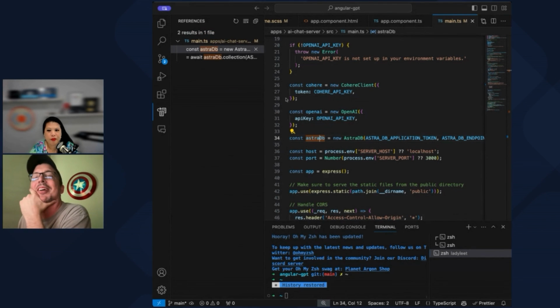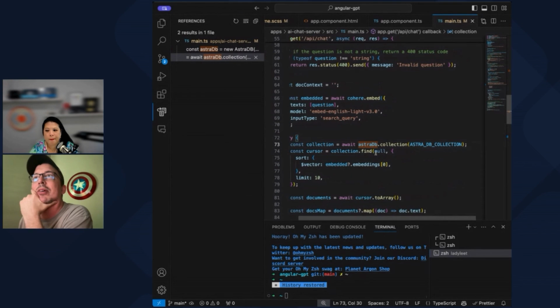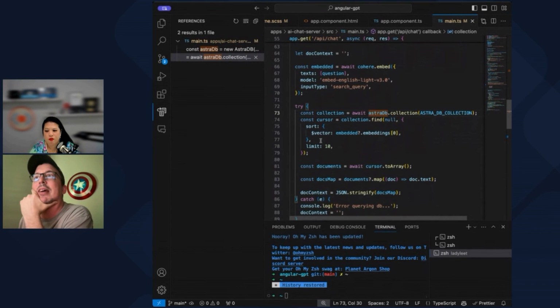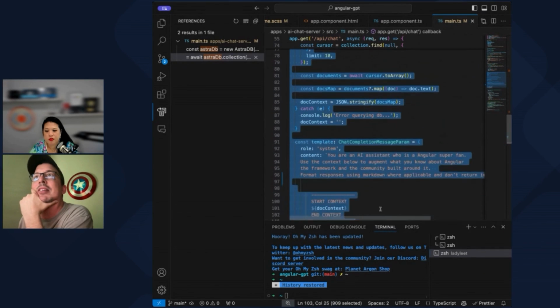That's weird. All right, so right there, we're saying await, that guy right there. Go there. We need that line of code. Just this one, or the whole thing? The whole thing. Probably everything in that try catch block, I would say. Give me the whole shebang. Also line 66.